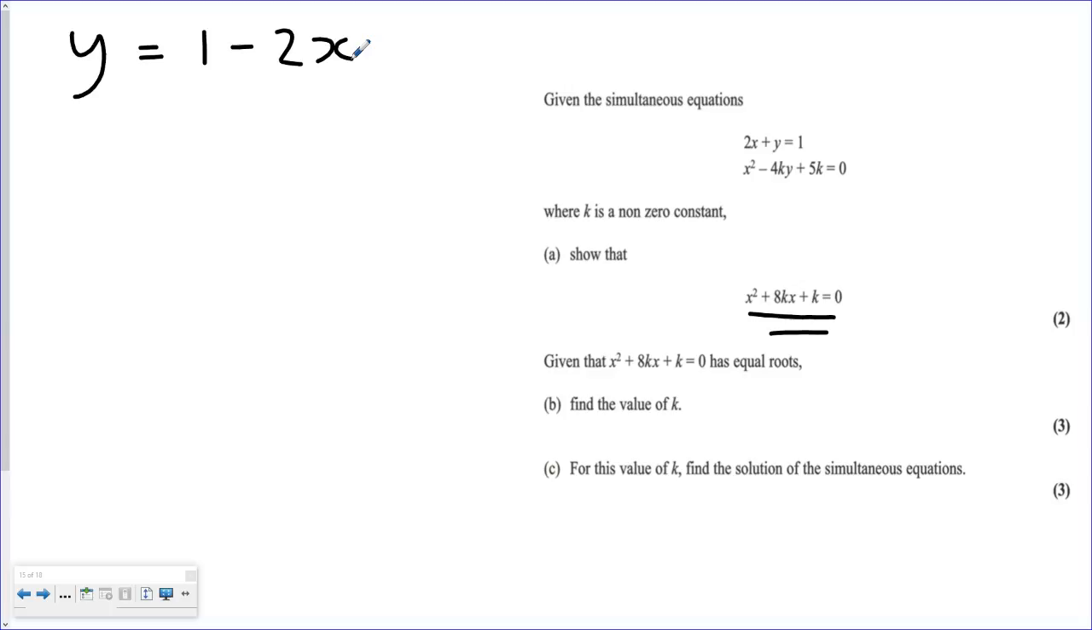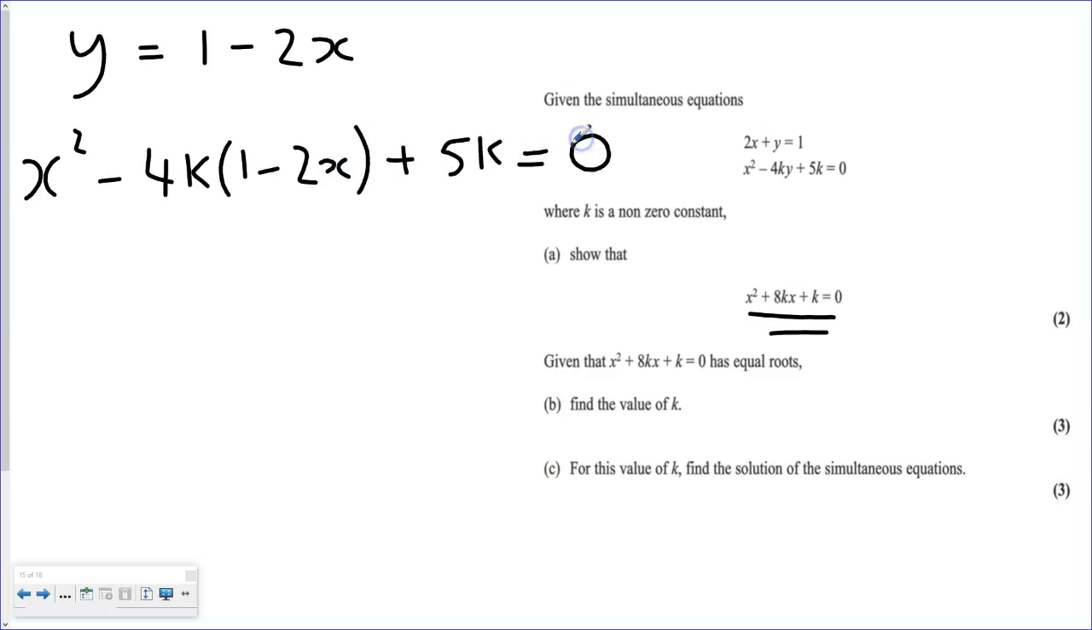So just rearrange your linear equation and make sure you've got y equals, because that's what we're going to sub in. So we sub this in, where we see y, we're going to replace it with 1 minus 2x, plus 5k equals 0. Make sure you're timesing everything, that 1 minus 2x, make sure you're timesing that by the whole of the 4k. So don't just do k times that or 4 times that, just make sure you're doing 4k times 1 minus 2x. So expanding that out,